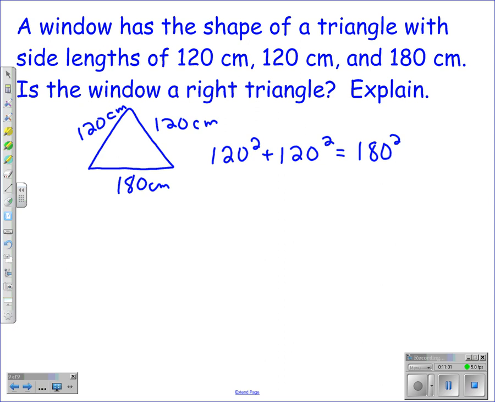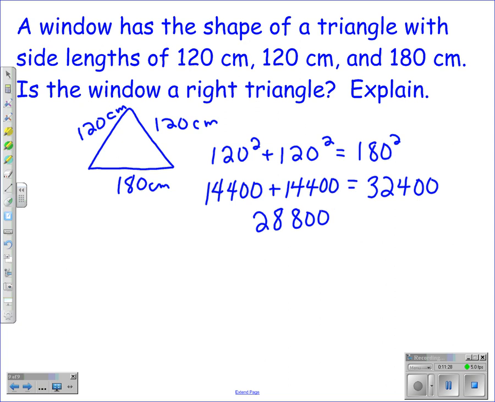Well, 120 squared is going to be equal to 14,400 plus 14,400. And 180 squared is going to be 32,400. Now, if we add together 14,400 plus 14,400, we get 28,800. Is that equal to 32,400? Absolutely not. That is not a true statement. So is this window a right triangle? No, it's not a right triangle